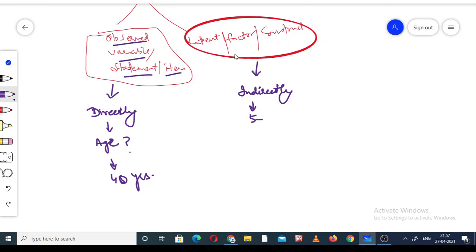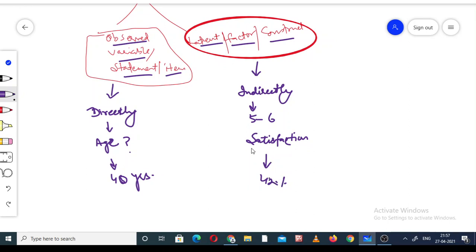But on the other side, we are talking about the latent variable, factor, or construct. This is indirect. We are not asking for quantitative data, we are asking for qualitative data. We never ask qualitative data directly, and it is not possible. Suppose the example is satisfaction. We cannot ask how much satisfied you are, and the person cannot say I am 42% satisfied.